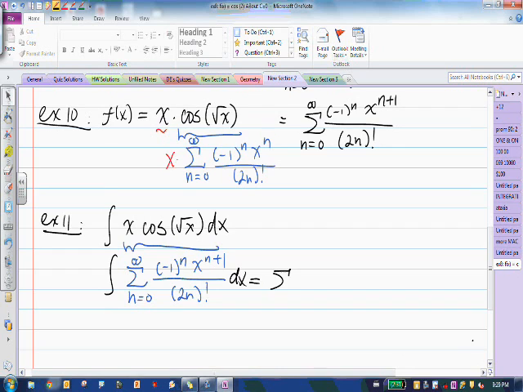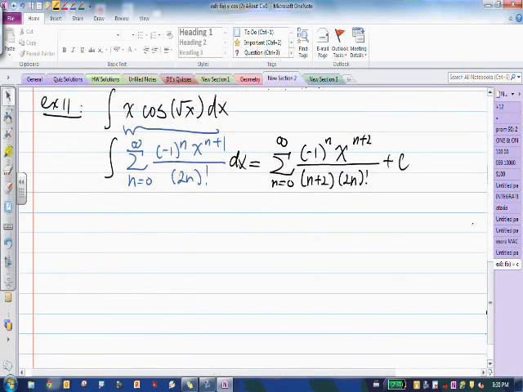And when you're integrating a polynomial, the only thing that really gets affected is the power of x. So everything with an n remains a constant, so I have a negative 1 to the n. The new power, it used to be n plus 1. We just add 1 to the power, so it's now n plus 2 over n plus 2, and then the original 2n factorial plus c. So there's your integral in power series form, which is a lot easier to do than if you did it